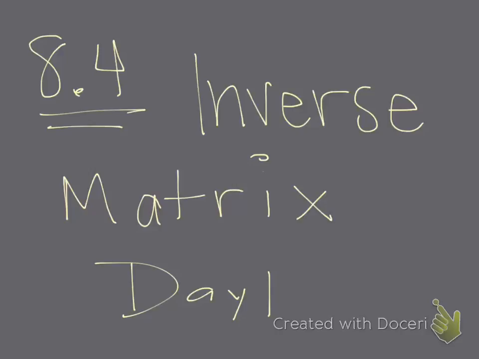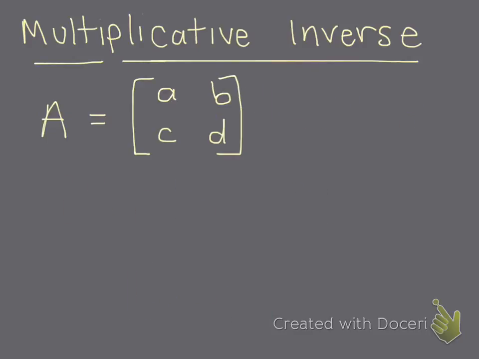Today we're doing section 8.4 and we're going to talk about finding the inverse matrix of any given matrix. Suppose I give you a random matrix A and the values A, B, C, and D would represent numerical values. So to find the inverse,